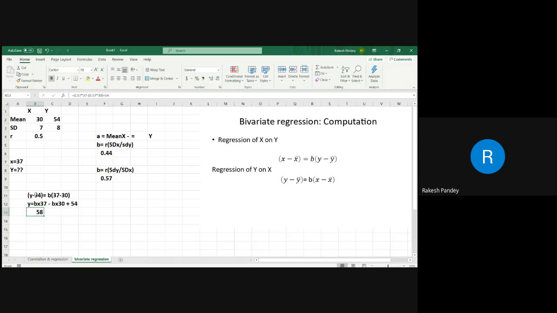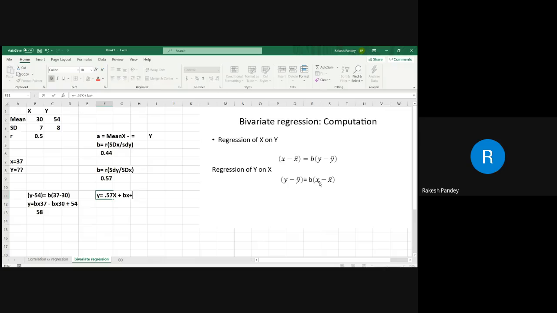If you have to write the regression equation in raw score form, then y is equal to b into x, b is 0.57, so 0.57x, plus b, x bar, plus